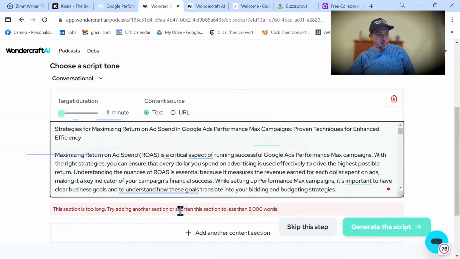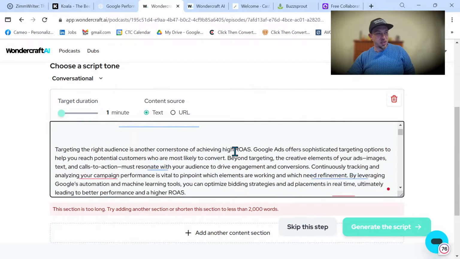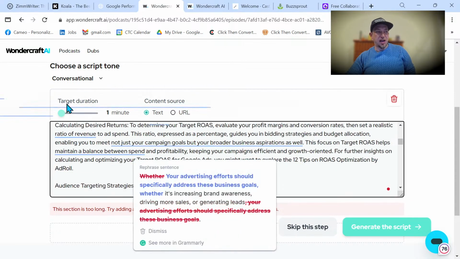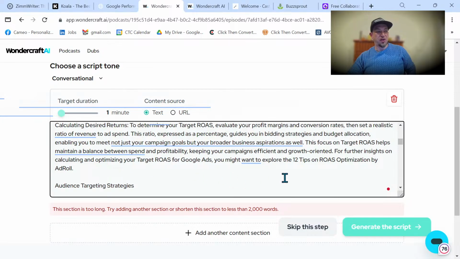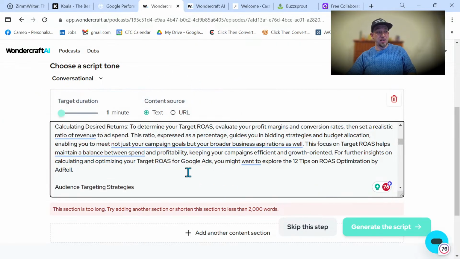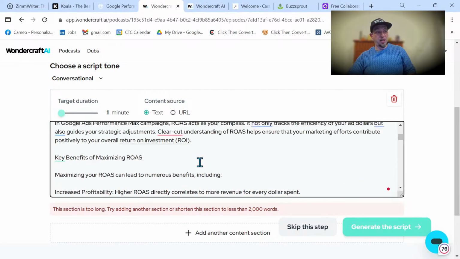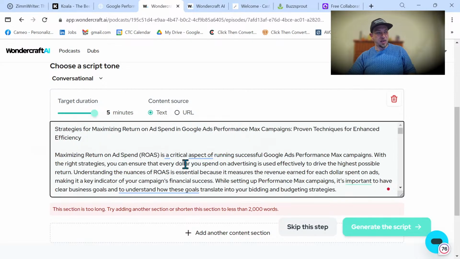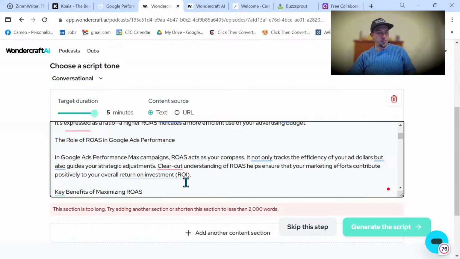We still have to break this up. So it's 2,000 word sections. And so this is not your podcast script, okay? This is the background information that's going to make an incredible script. So we're going to fast forward to that because I'm not going to sit here and break this all down. But what you want to do is up this to 5 minutes and then break this down as best you can, 2,000 words at a time.